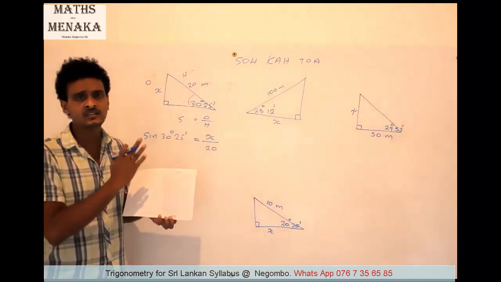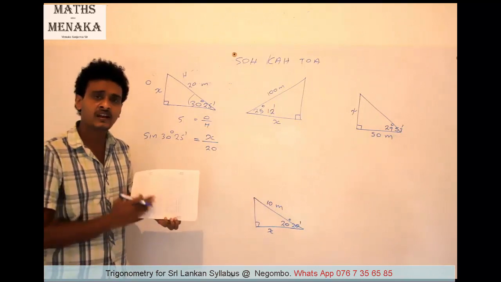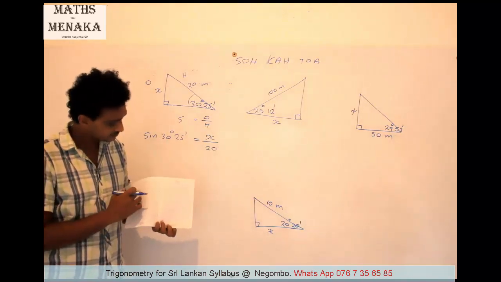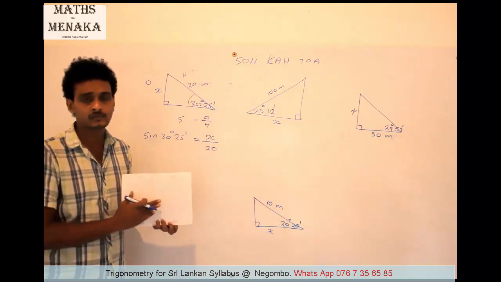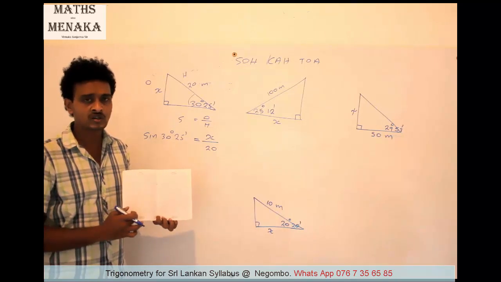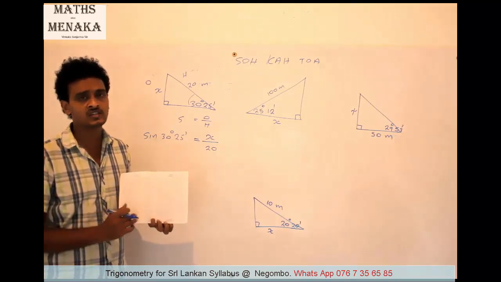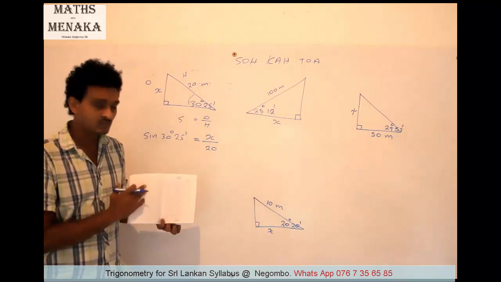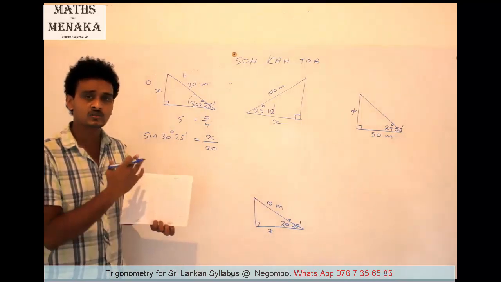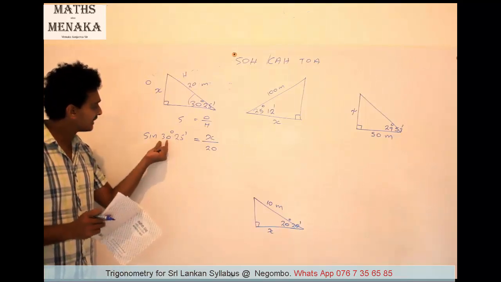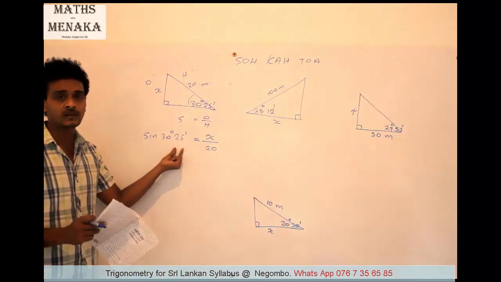So sine and cos, we find on the same table, and we have to go to the next table for tan. In the bottom side, there I have the natural cotan. The cotan is not in your syllabus, so you will have to use only the natural sine and the natural tan table for the exam. Now let's find sine 30 degrees 25 minutes.